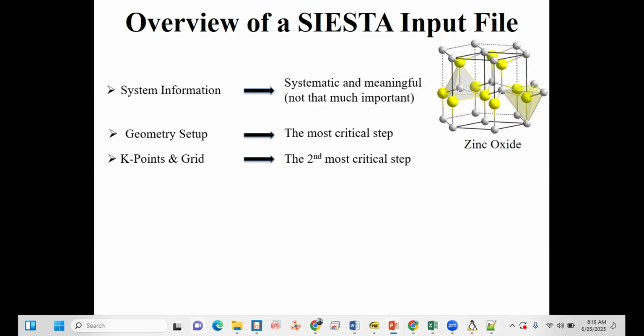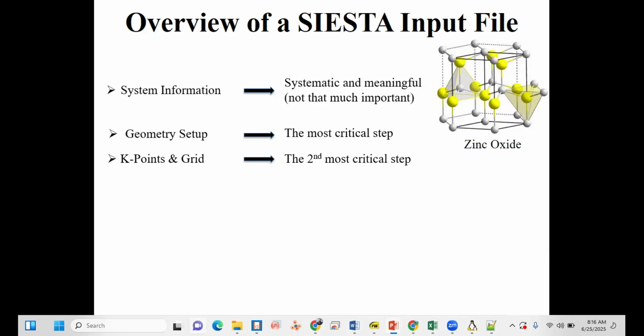These K points come from the Brillouin zone. We call it a unit cell in real space, while the same unit cell in reciprocal space we call the Brillouin zone, which is defined by K vectors, momentum vectors. So this is the most critical step because your calculation totally depends on that.